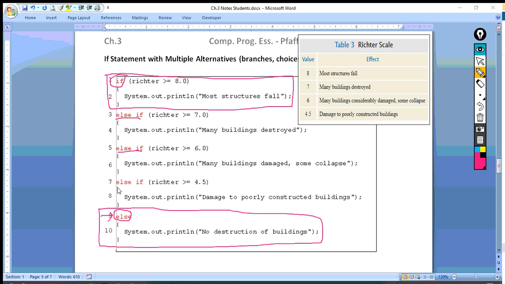So in this case, there are 3 more conditions that we need to add to this, and we're going to start them with else if. That's just the way it goes. Alright, so